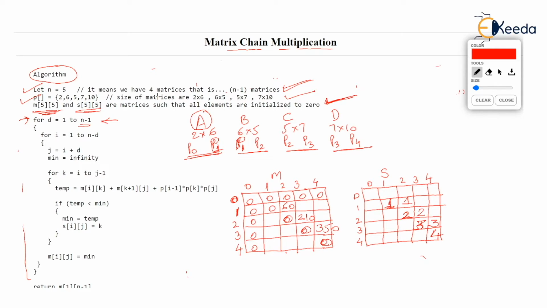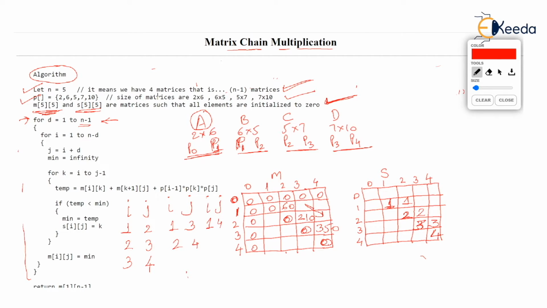Now, what is this difference exactly? All of you know what is the order in which we are going to compute the matrix values. That is Mij. If we are computing Mij, then we are going to compute M12, that we have already done. After that M23. After that M34. Isn't it so? Yes. And after computing all these values, we are going to compute M13. Just check these values we will compute, which I am marking right now, M13 and M24. That's it. And after that, we are going to compute M14.